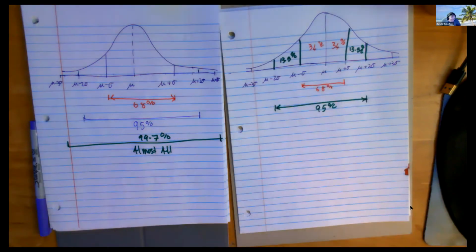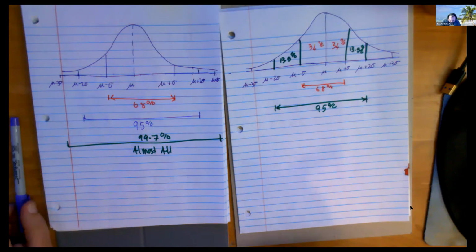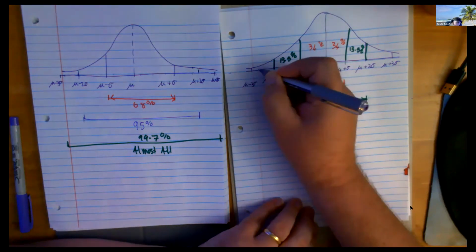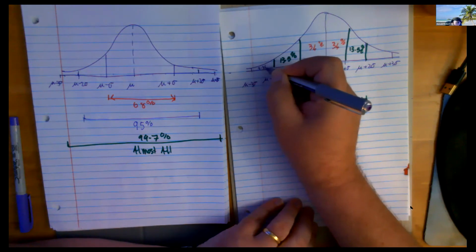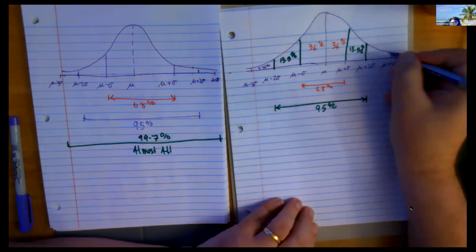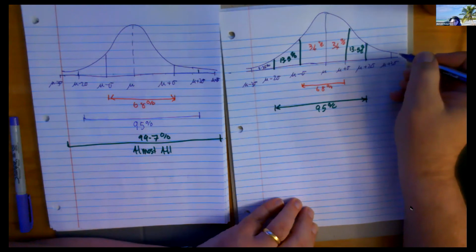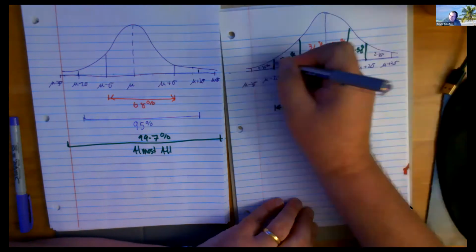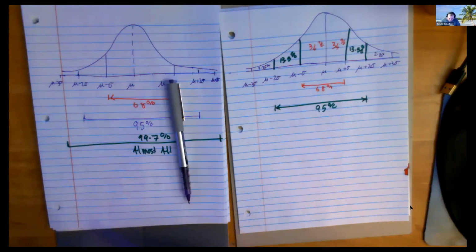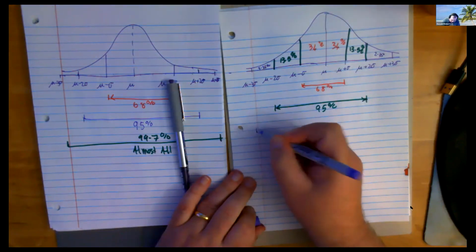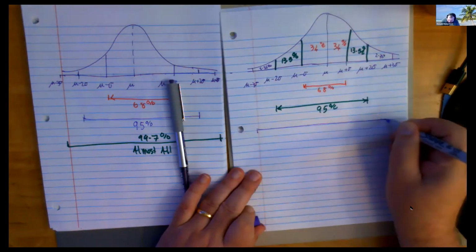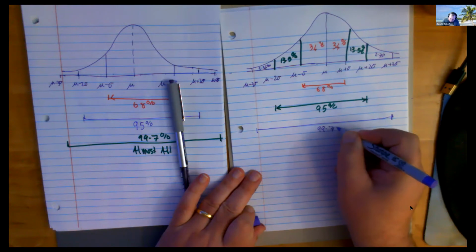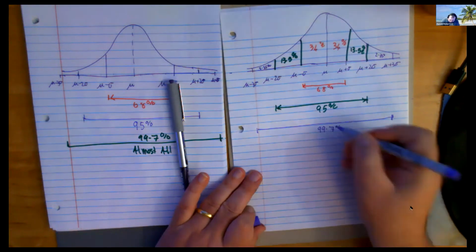And then we got the little baby guy. What colour am I up to? I'm running short of colours. I'll use my pen. In this tiny little area in here, you get 2.35% and 2.35%. Those are meant to be the same shape, by the way. And if you start here and you go all the way to here, won't that be the 99.7%? That's what they add up to, almost all.